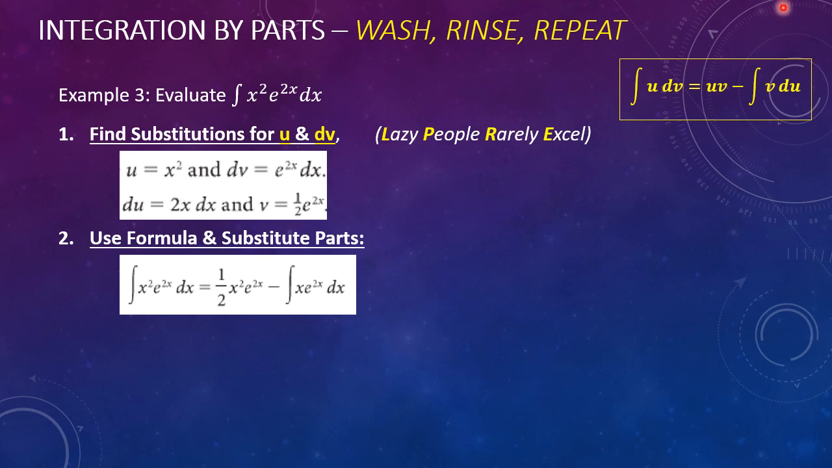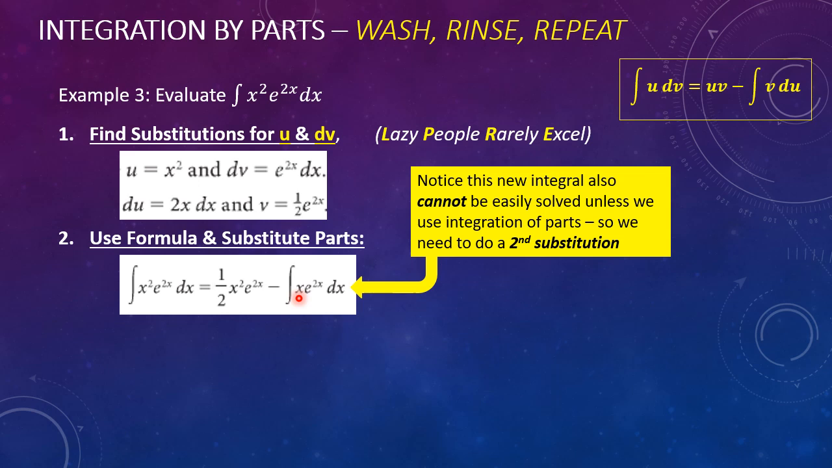So we get uv, 1/2 e to the 2x times x squared, minus the integral of v, 1/2 e to the 2x, times du, 2x dx. The 1/2 and the 2 cancel out, and we get the integral of x e to the 2x. Well, notice this is another integral where we can't just do substitution. If we try to do substitution and set u equals 2x, then du equals just 2, and we have this extra x factor here. So we actually have to do